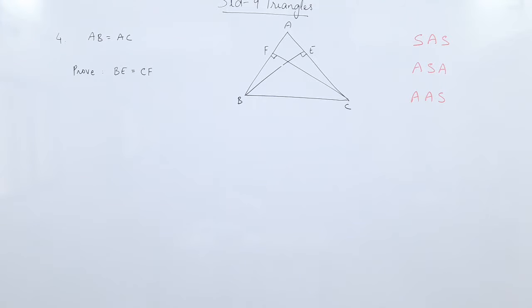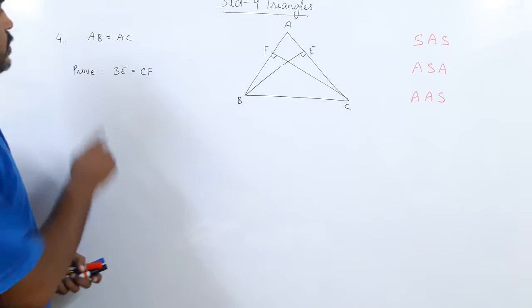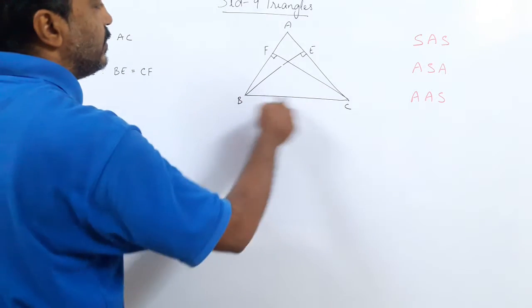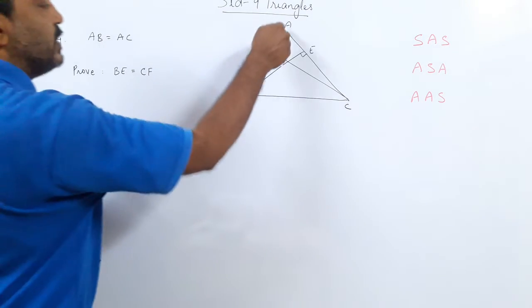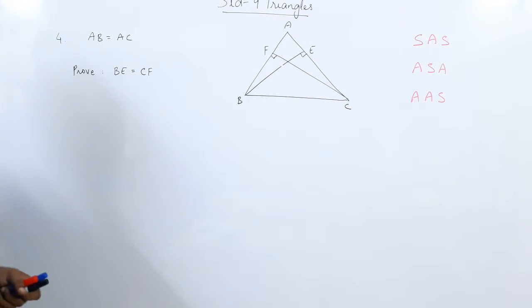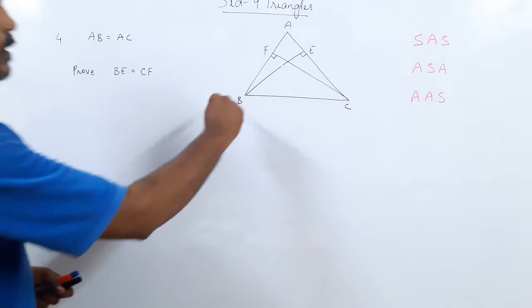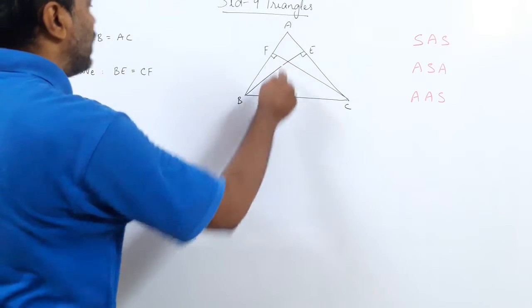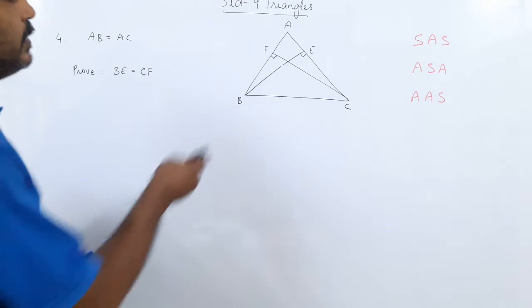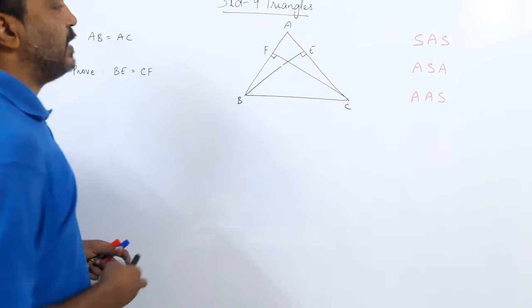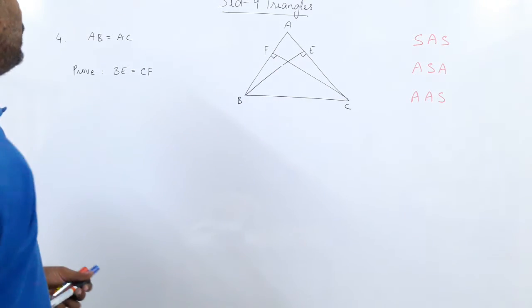Okay, now we will try to make use of the theorems we have learned. Now what are we given here? Look at this. We are given triangle ABC in which AB equal to AC, means AB and AC both are equal, and BE and CF are the altitudes. Both BE and CF are altitudes. What does altitude mean? It falls at 90 degrees. So I have drawn the 90 degrees here.